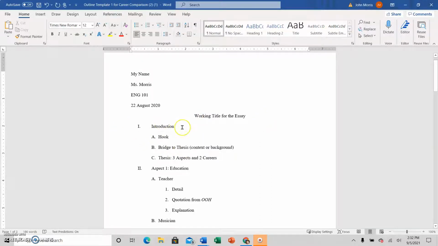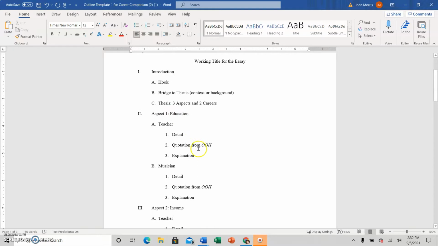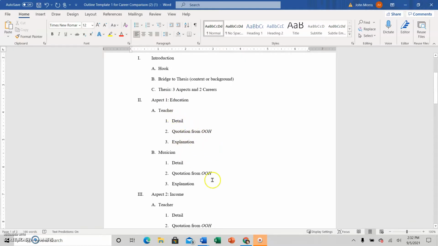Where you have Roman numeral 1, introduction, you can leave that. I want you to actually give a shot at writing a hook and the bridge to the thesis. So give me some background or context, which might be some important information about what each profession is, what it does. What if I don't know what these people do for a living? Or I'm just not super familiar as you would be because you're actually pursuing these careers. And then your thesis will contain the 3 aspects of the 2 careers that you think are a good fit for you, okay? And then you're going to fill in your detailed